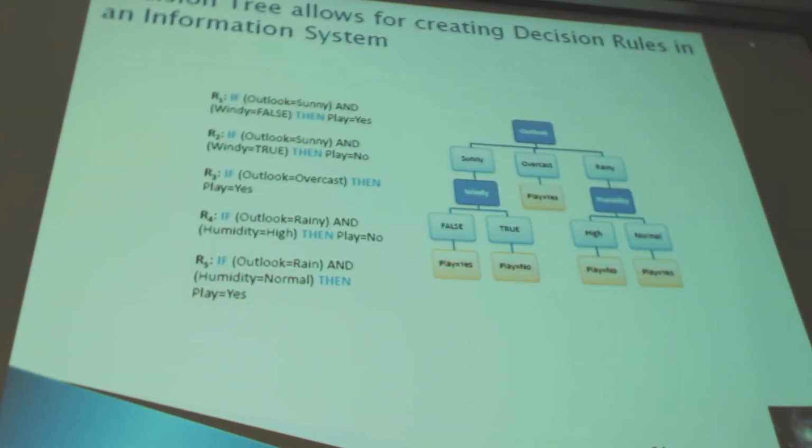A follow-up question on this: how is the pruning of a tree different than pruning of a data set? Because you're almost saying that if windy is not important in this example, you're getting rid of all the training set which was windy. Yeah, the rules with the windy. Yes, you are getting rid of that part, but without building the tree you will not know which attribute from the training set to cut out, because you don't know the predictive power of the original training set. So you have to build a tree to get the prediction.